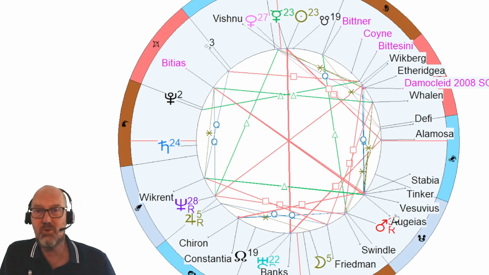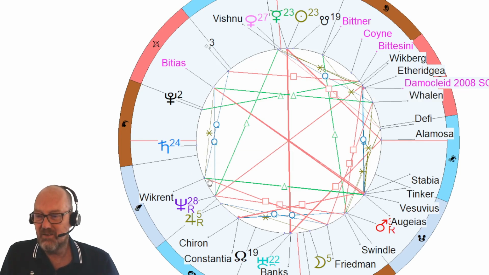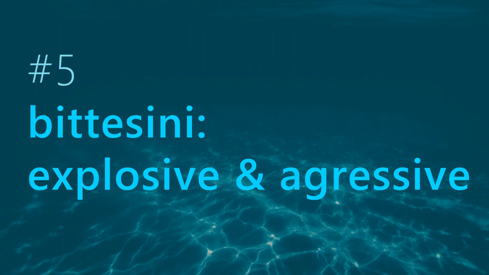And you're talking, of course, about shit coins as well. Augeias is also a significator for shit coins. So that is for me a reason to say, yeah, Bitias is important here. And we have a trine to the whales, we have a sextile to market manipulation, we have a quintile to Neptune, so there's some planetary involvement as well. I think Bitias is important here.